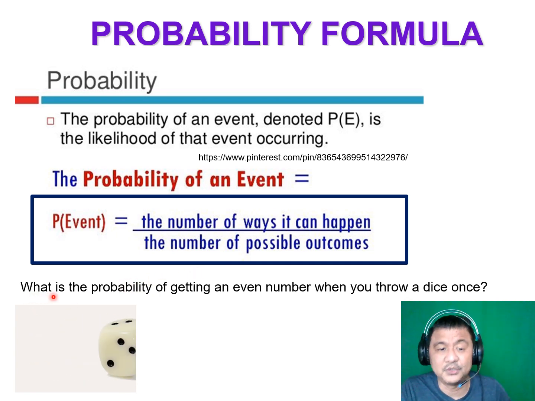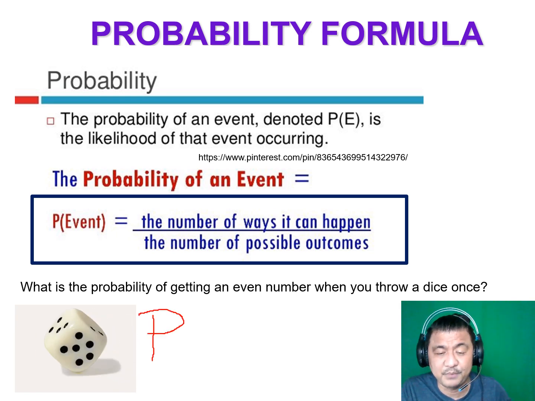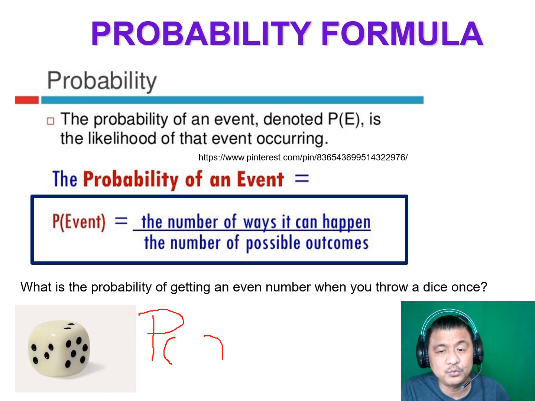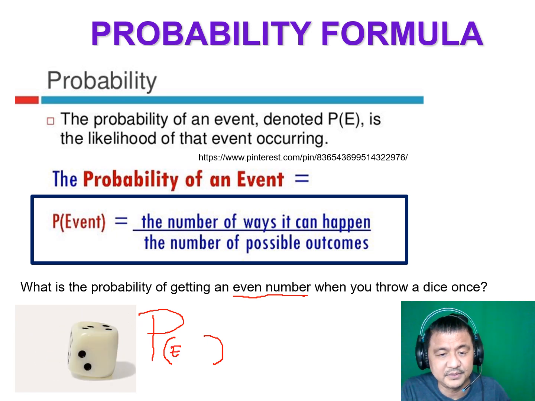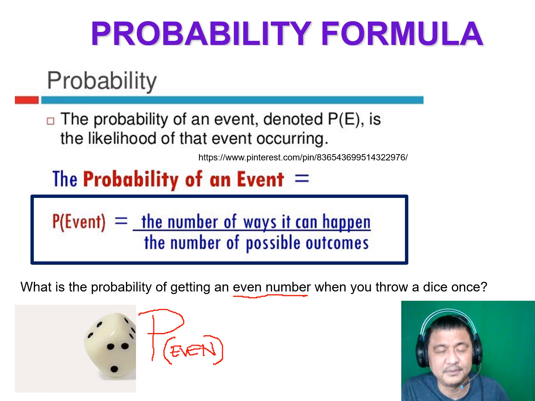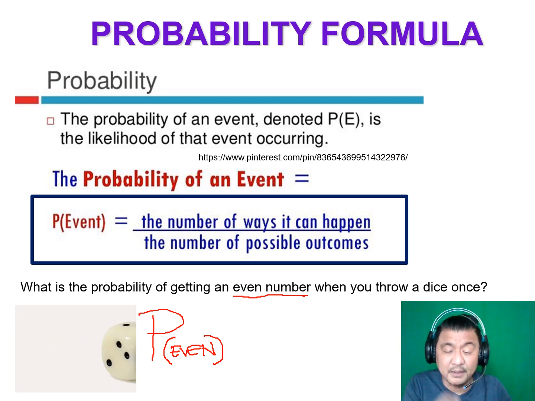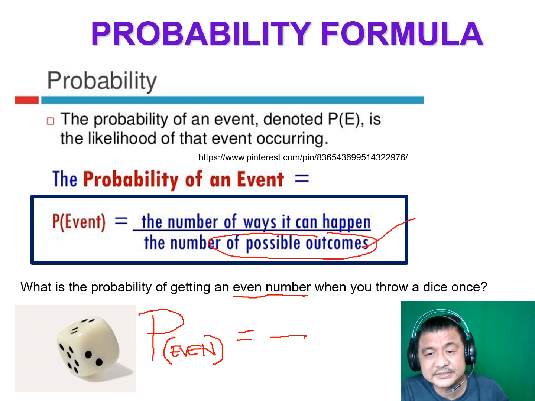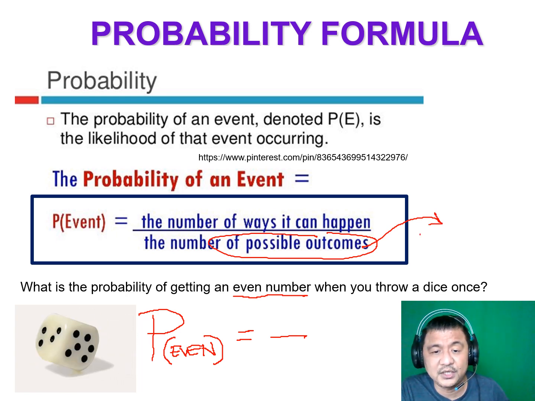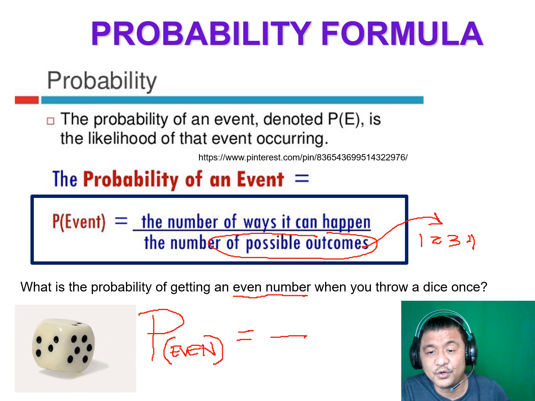Now, example, what is the probability of getting an even number when you throw a dice? This one, you throw it once, okay. So how do I write that? Again, you will write the P stands for probability of the event. What do we want to happen? Getting an even number. All right, so write down the words even number. Probability, how do you read that? Probability of getting an even number is equal to a fraction. How do I write that? Okay, now, possible outcomes. Now this is called the sample space. The possible results are what? 1, 2, 3, 4, 5, and 6.